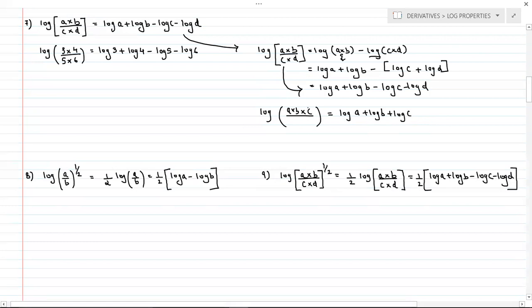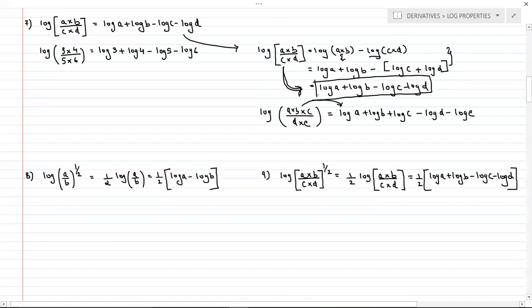Addition. Because this multiplication process will get converted into addition. And the denominator term, whether it contains only one term in the denominator, two, or more than two, it doesn't matter. You will always write that denominator term with a negative symbol. So here there is no need to explain these two steps. Directly you can write this step. There is no need to explain how you got this answer, so directly you can write. So in shortcut, I will explain the process.